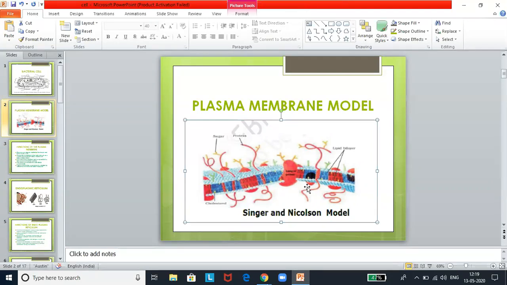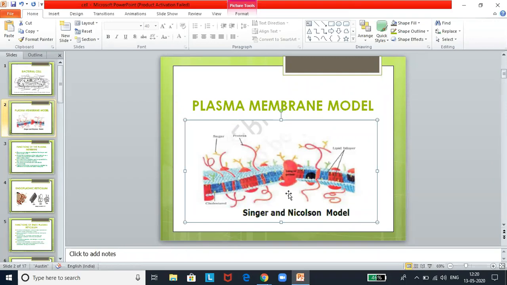Now let me describe the arrangement of proteins in the Singer and Nicolson model. The extrinsic proteins are found both on the outer and on the inner side of the phospholipid bilayer. The intrinsic proteins are embedded deep in the bilayer. Proteins and lipids exhibit semi-solid and semi-liquid properties with a mosaic pattern. You are aware of what a mosaic is: you would have seen mosaic tiles, where it is hazy. In the same way, this also looks the same, and that's why it is called the fluid mosaic model.